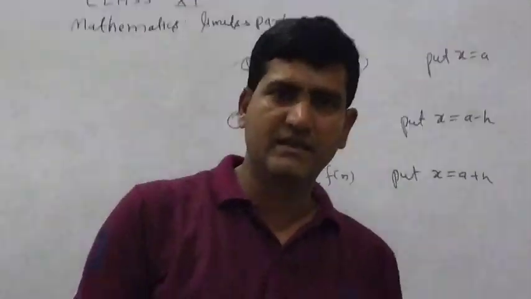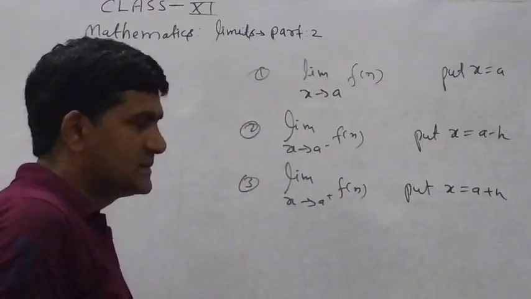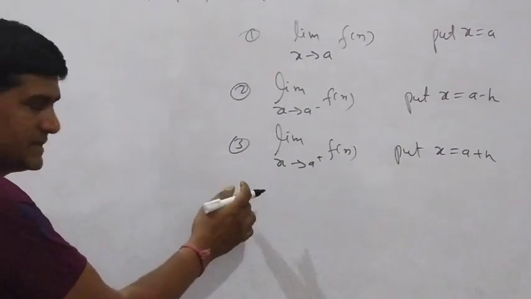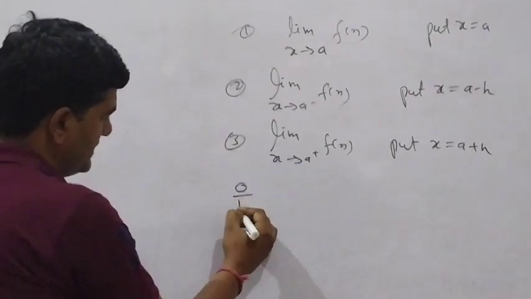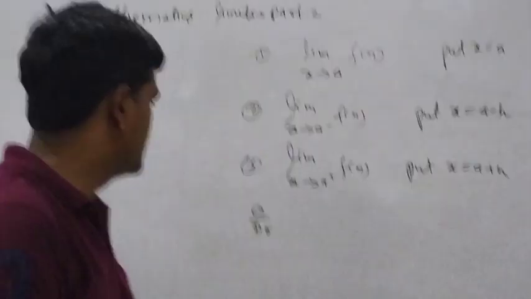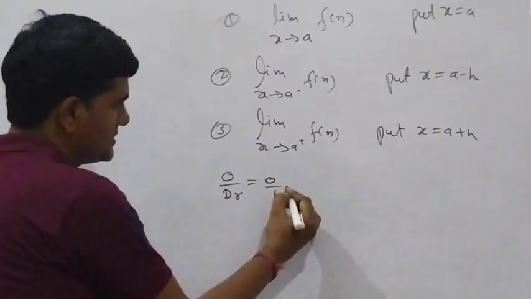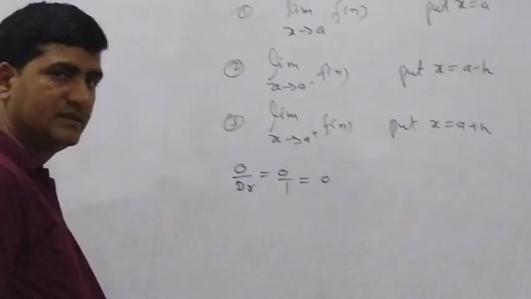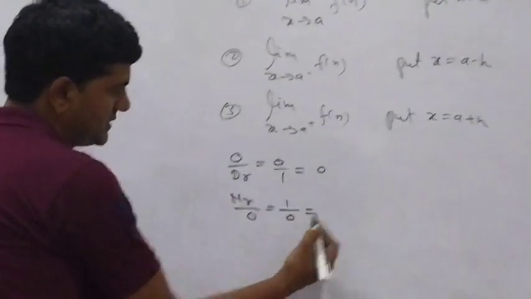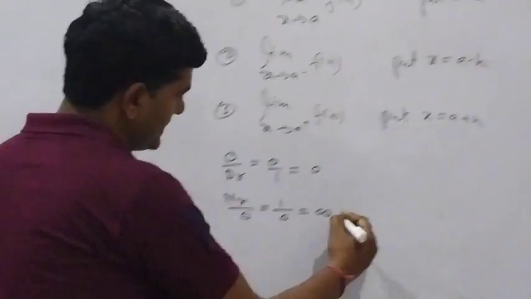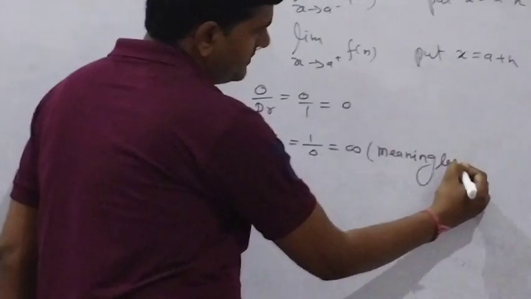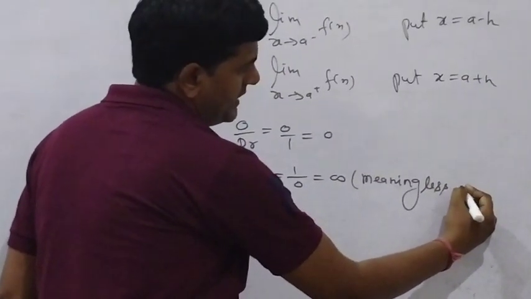Defined answer and undefined answer. I am going to explain how we can know which answer is defined and undefined. As you know from the previous class about 0 by denominator, if 0 is divided by any non-zero denominator, suppose 0 by 1, is equal to what? Good, 0, yes. And here numerator by 0, suppose 1 by 0, is equal to what? Infinite, meaning undefined. This is a meaningless operation, clear?